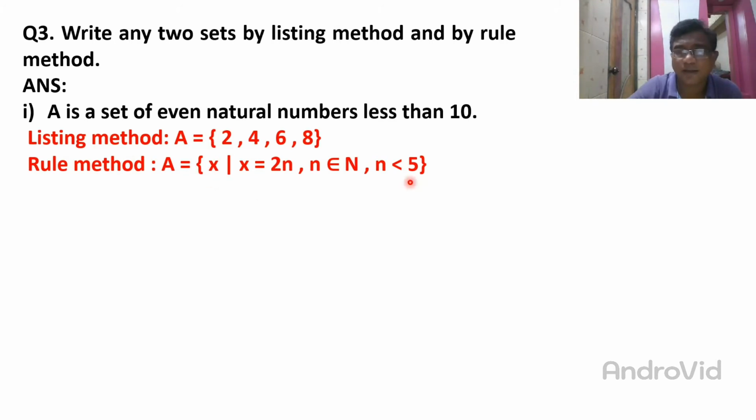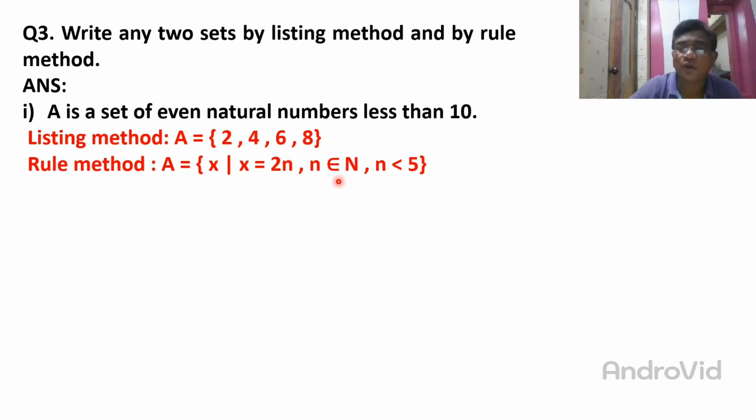Here you start the curly bracket, here you end the curly bracket. That means set of, and this is common. Then what is common? x such that x is common, equal to 2n. n is the natural number that starts from 1. Why is it multiplied by 2? Because you want even numbers, so multiply by 2. So 2 times 1 is 2, so you get 2. 2 times 2 is 4, so you get 4. 2 times 3 is 6, here you get 6. 2 times 4 is 8, in such a way.